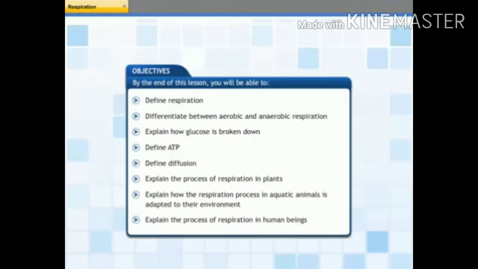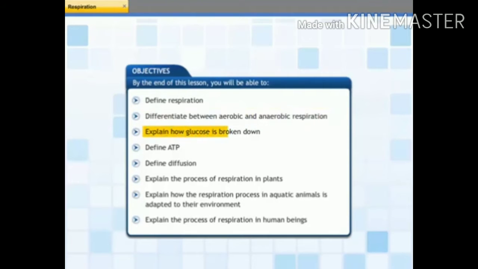This lesson is about the process of respiration. By the end of this lesson, you will be able to define respiration, differentiate between aerobic and anaerobic respiration,